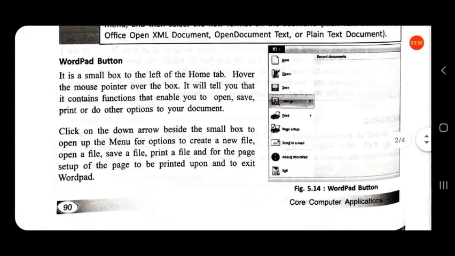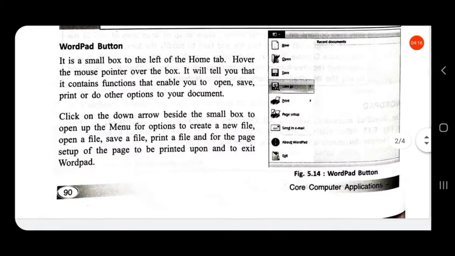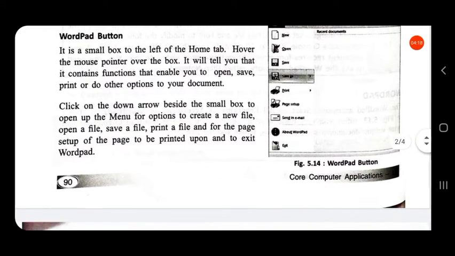Now let us see WordPad buttons. It is the small box on the left of the home tab. If you hold the mouse pointer over the box, it will tell you that it contains functions that enable you to open, save, print, or do other options on your document.